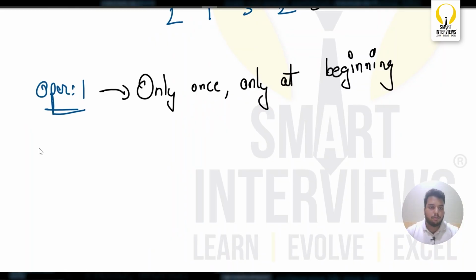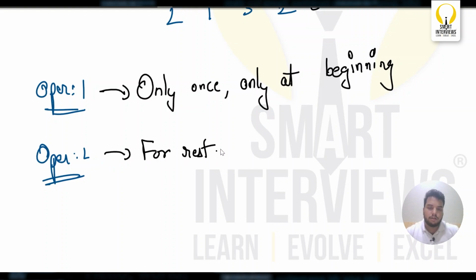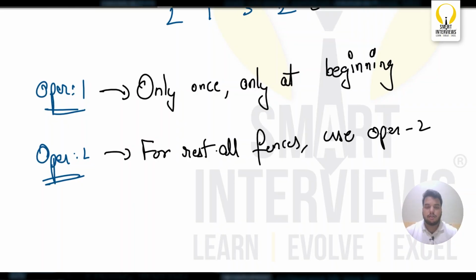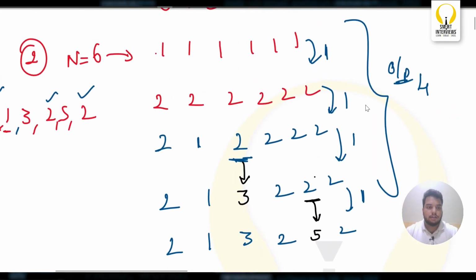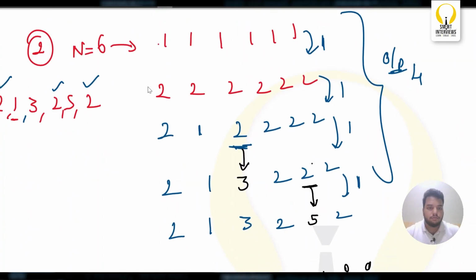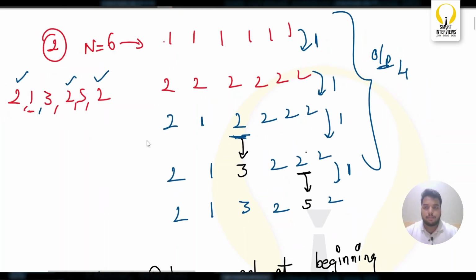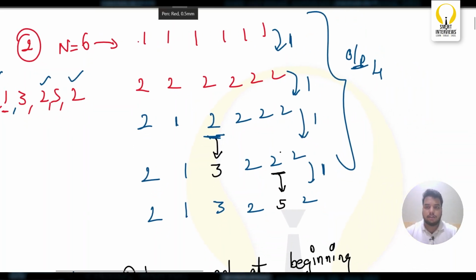Okay. And operation 2, once you use this at the beginning, then you can use operation 2 for converting. Then you can use operation 2 for all the rest of the fences you require. For all the rest of the fences, use operation 2. So the same thing we have done in example 2. By observing example 2, I can say that